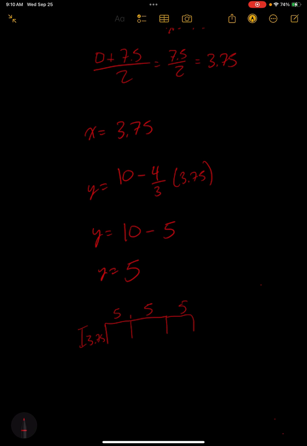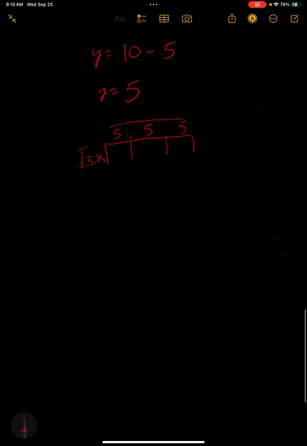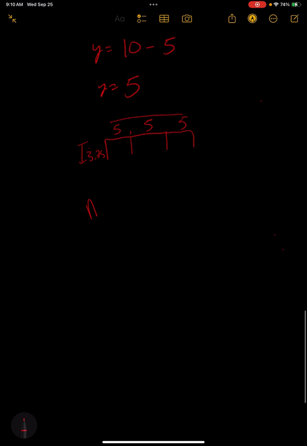Okay, so what does that mean? 3.75 times 4 is 15, so 4 of these is equal to 15, and 5 of these is equal to 15, so a total of 30. That makes sense. So what is the maximum area? The maximum area is 3.75 times 15, and if I put that into a calculator, the maximum area is 56.25. And that's how you